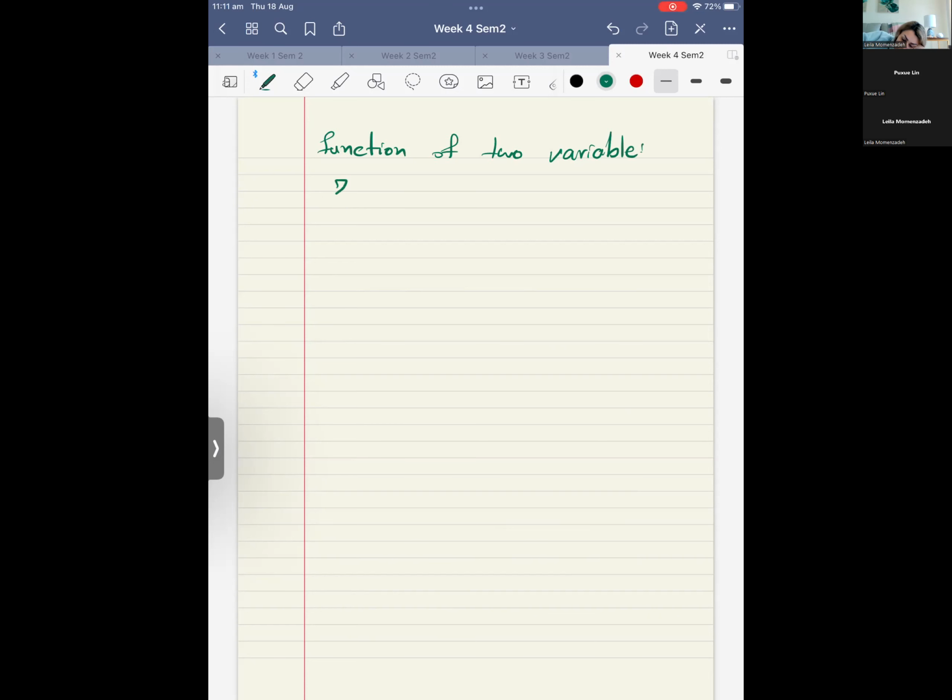You have a z that depends on u, and u depends on x and y. It means you have a z of u, and u of x and y, two variables. It means you have z, u, x, and y. I can write here, then